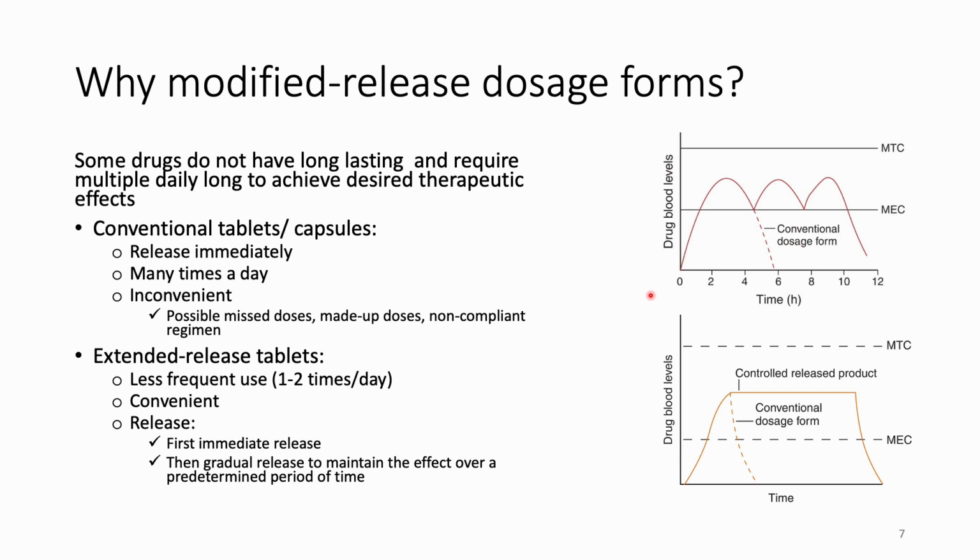Look at the graph here. This is the drug blood profile of a conventional dosage form. After one dose, the drug will go up to the maximum concentration, but then after reaching equilibrium, the drug will be eliminated. And in order to maintain the concentration of drug within the therapeutic window, that means within the MEC or minimum effective concentration and MTC or minimum toxic concentration, then another dose needs to be taken,